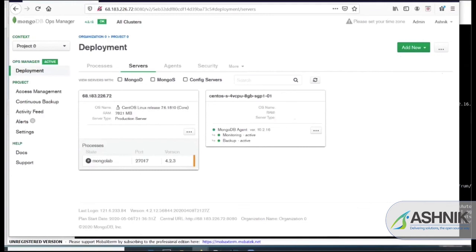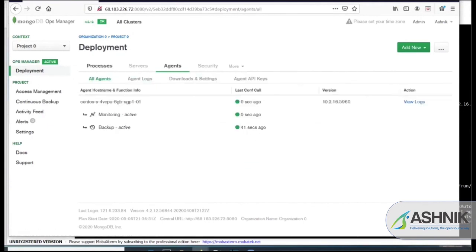So server, it will display your server information: what OS it is running, the IP address. If you have an FQDN, it will display the FQDN name here. And then the server type, whether it is production or developer, which can be changed in the configuration. The port number where it is listening, and then the version. This one you can ignore because I co-located Ops Manager and MongoDB on the same instance, so it is showing 2, otherwise it will show only 1. You can ignore this for now. Currently I have the monitoring and backup agent running.